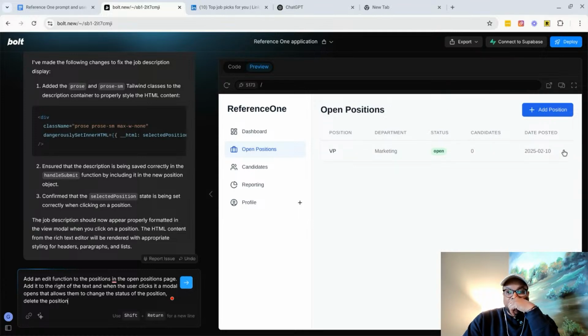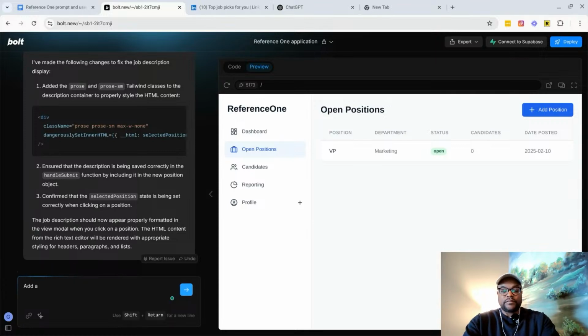If I click the button right here, no, I don't want to do that. Okay. Like I did it earlier. So to change the status of a position on